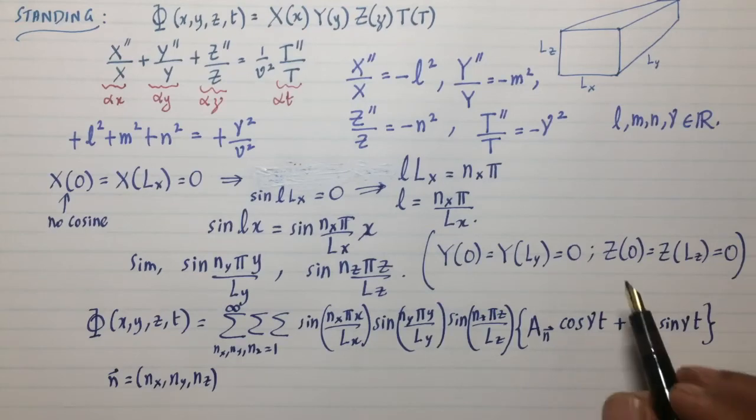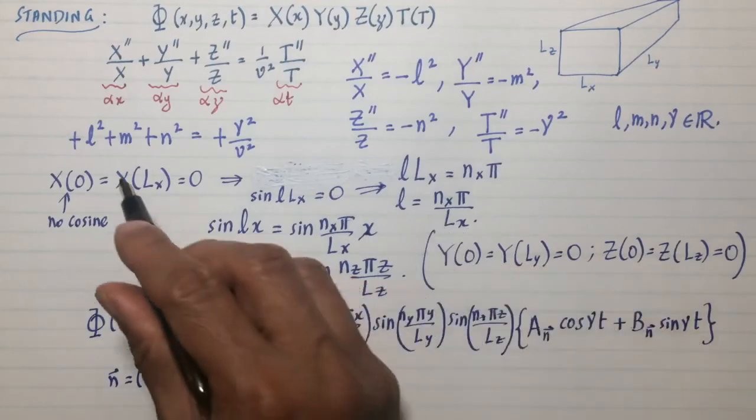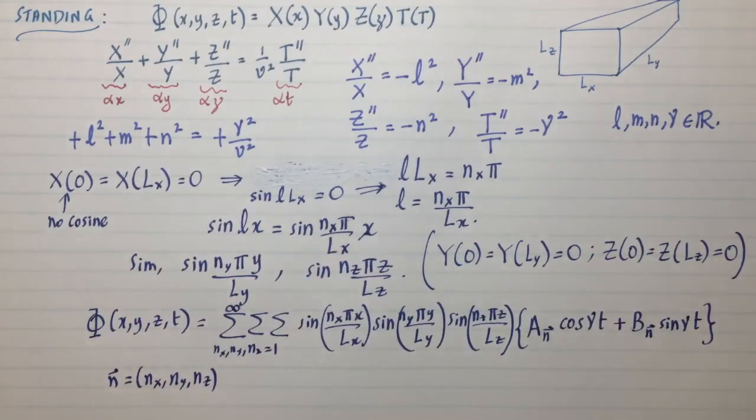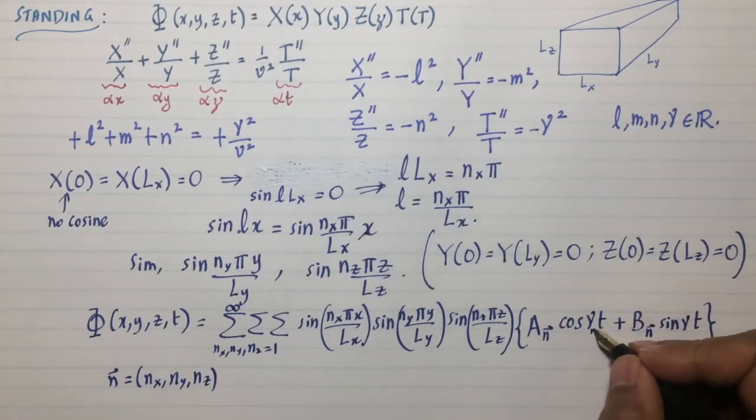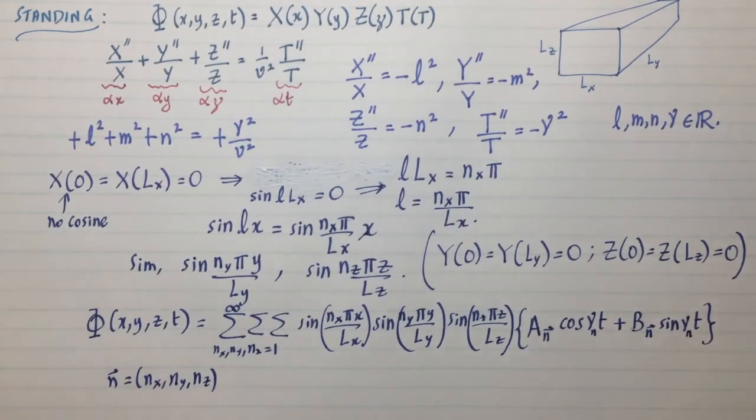Gamma is related to L, M, and N. So this is also gamma n, I should write,